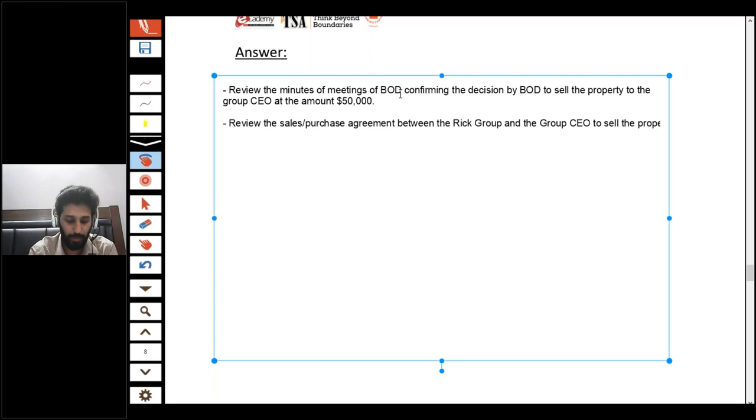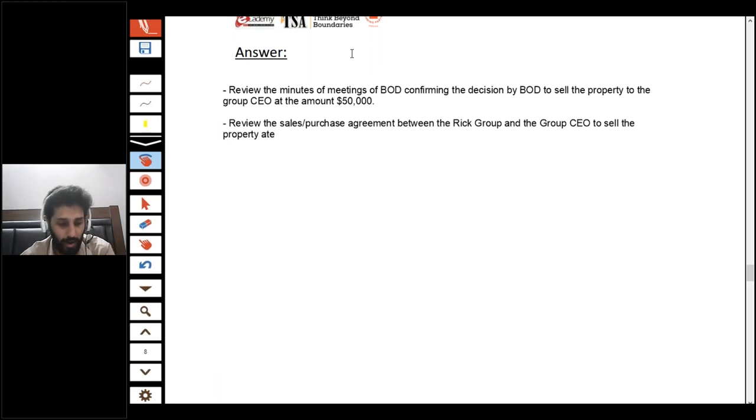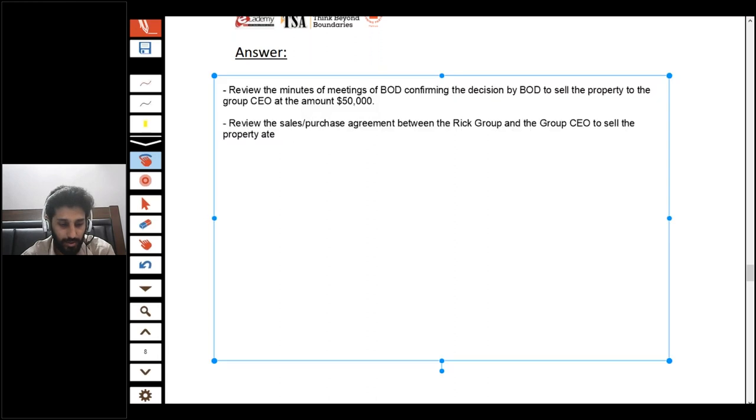to sell the property at the amount of $50,000, and also confirm the date of transferring the property. You know, when the property will be transferred to the group CEO, when the property will be